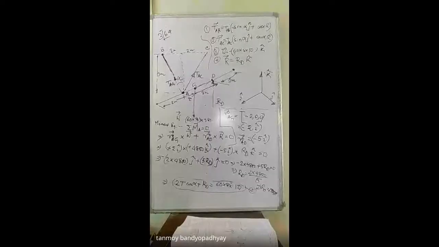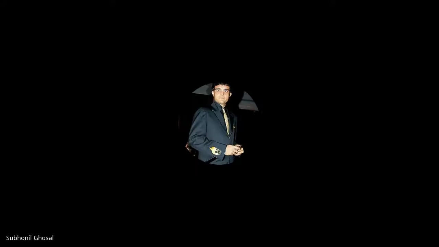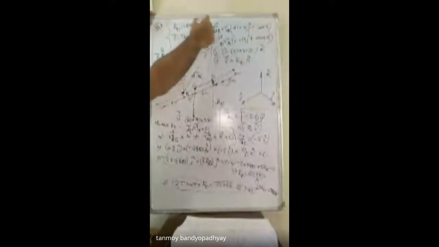Exactly. So RD we have got, you just calculate T from this expression. So from here you calculate the values. You should be getting RD, that is I think 1884 Newton. And T is equal to TAB is equal to TAC. So just calculate and see what is the value you get. It should be this one. So these are the answers.